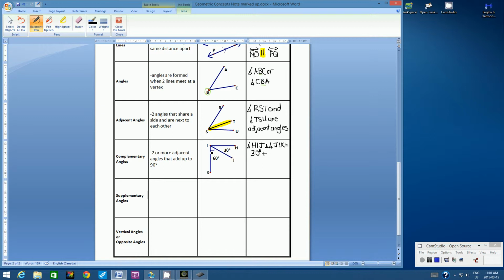And angle JIK is 60 degrees. And if we add those up, they have a sum of 90 degrees. Therefore,